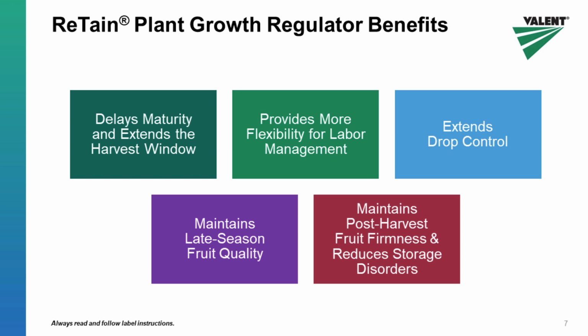There are times when you need to delay fruit maturity and extend the harvest window to provide more flexibility for labor management. If you think about it, say you have a five-person crew to harvest a ten-acre block of the same variety. Sometimes, because the harvest window is very short, it could be difficult to go through the block within the optimal fruit maturity or at the optimum harvest time. In this case, you can apply Retain on part of the block and delay the maturity a little bit. So you could use the same number of harvest crew to harvest the entire block